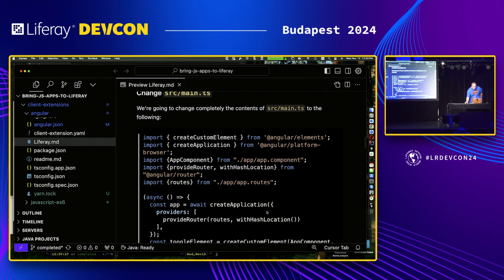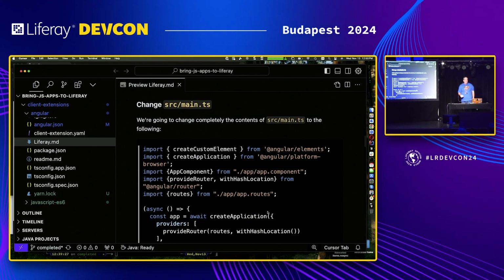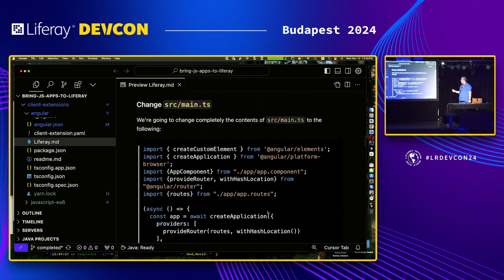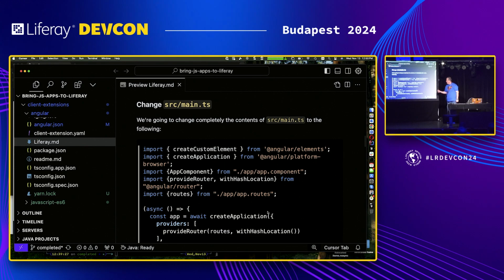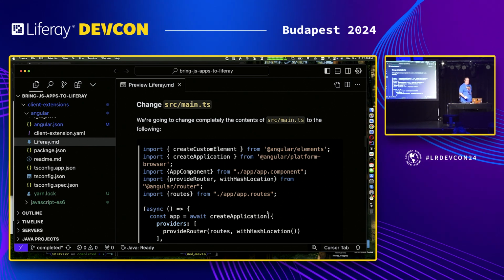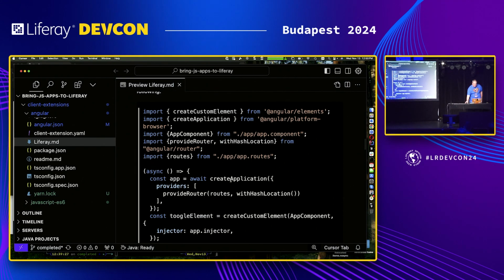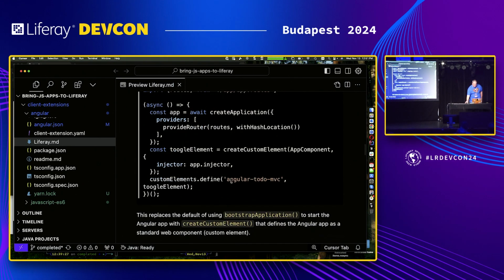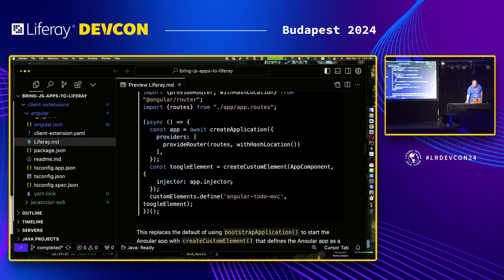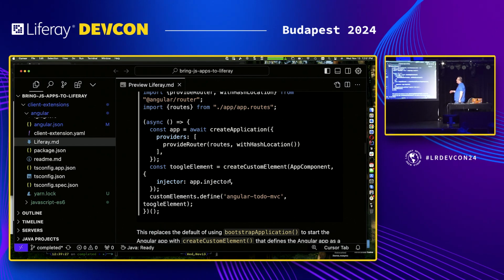And the big change was in the source main.ts. So this was the main file for the application. And you can almost see where we're going with this. We're importing create custom element. And that is absolutely what we end up doing. So we're creating a custom element,